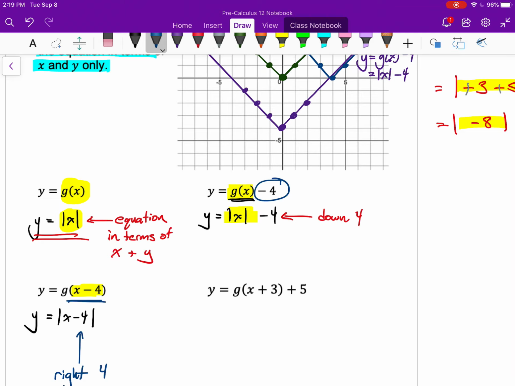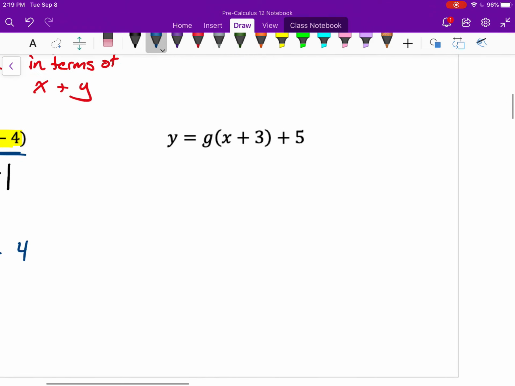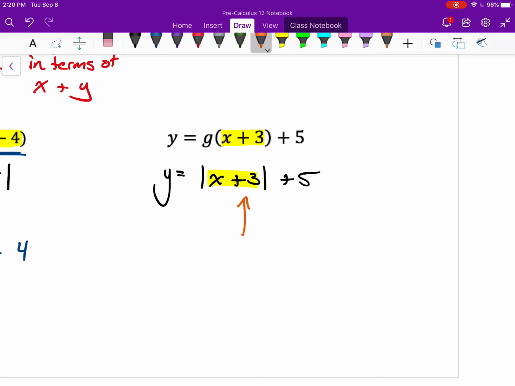All right. So lastly, combining a few things together, the equation for this would be the absolute value of x plus 3, because x plus 3 is inside the function. So in this case, it's going to be inside the absolute value. And the plus 5 is separate, so the plus 5 should be out here. So compared to what I graphed at first, I should have something that is 3 to the left